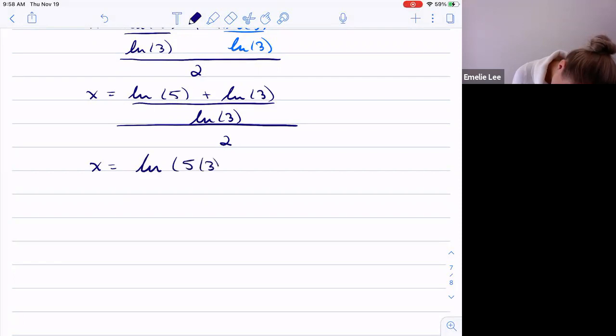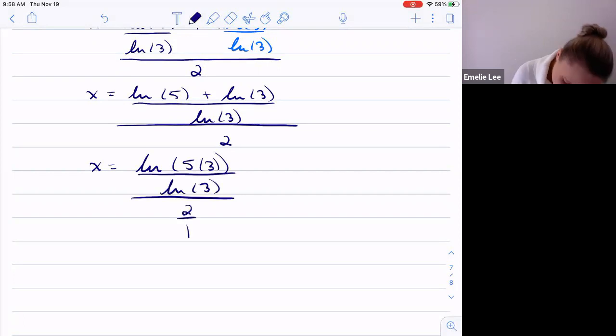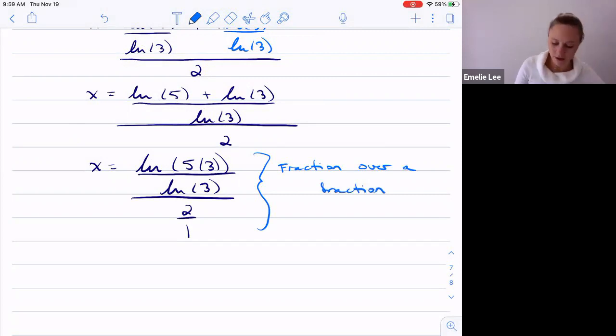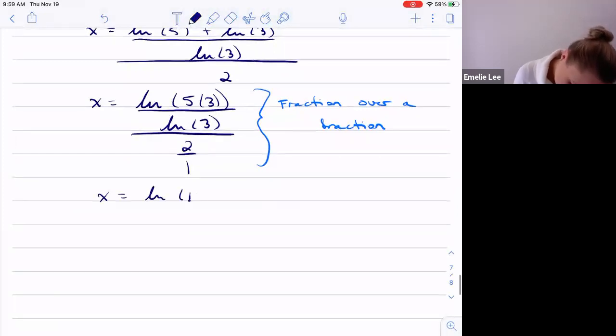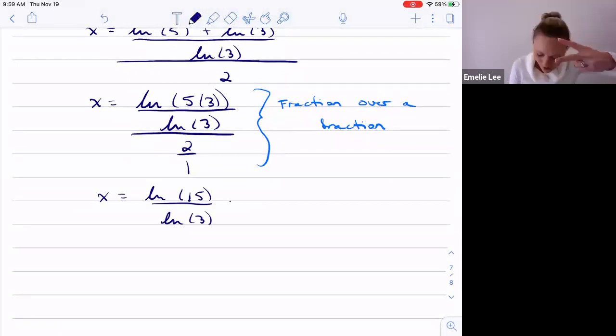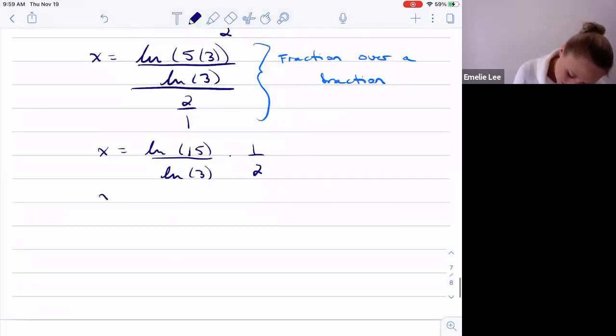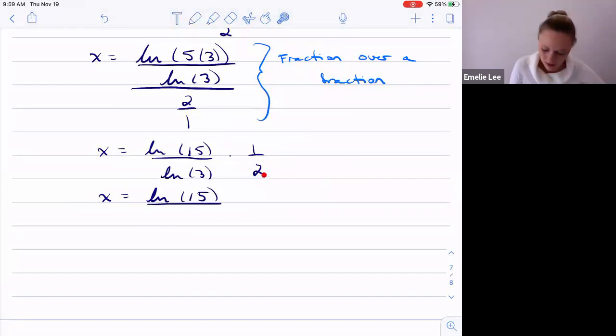Ln of 5 times 3 over the ln of 3, divided by 2 over 1. Right here, I've got a fraction over a fraction. So now, right, 5 times 3 is, of course, 15. So I have the ln of 15 divided by the ln of 3 times 2 over 1 becomes 1 over 2. So x becomes the ln of 15 divided by, okay, so now I've got 2 times the ln of 3